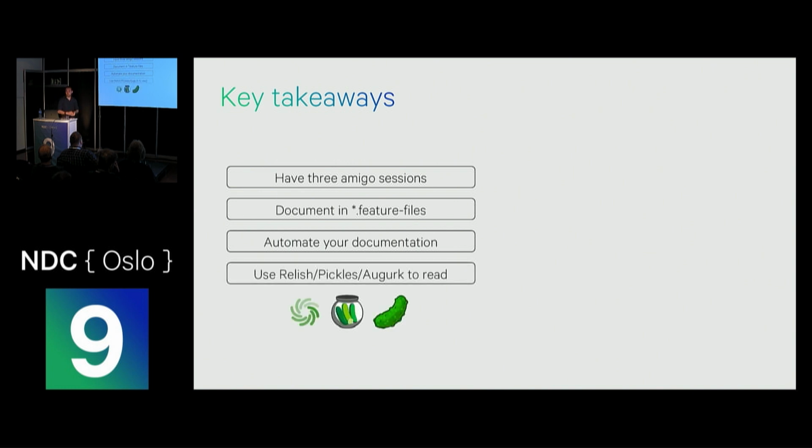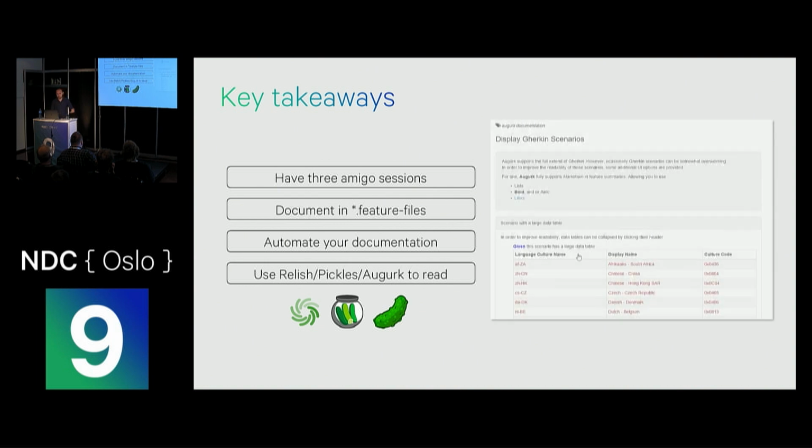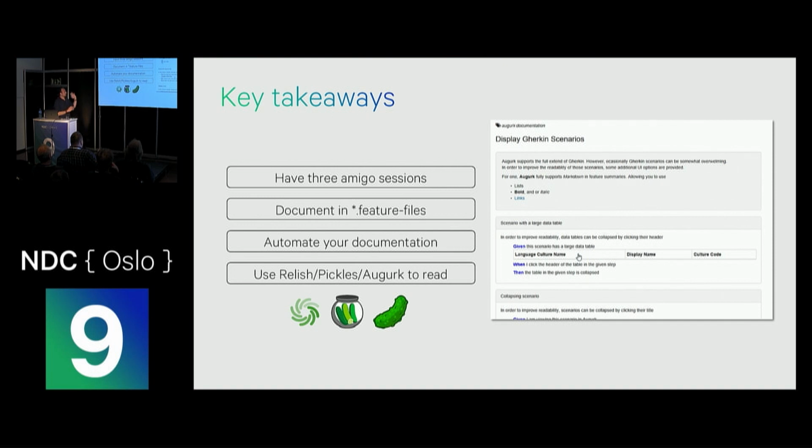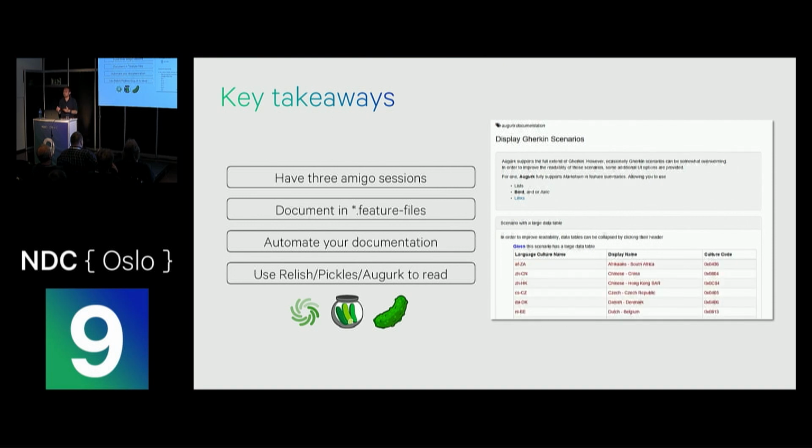And the last part, which I didn't actually fully talk about, is use Relish, Pickles, or Gherkin to read the documentation that you have. Even though the feature files are actually pretty readable, they're still plain text. And some people don't like plain text, especially the product owner: he can understand and read it, and he can just join the session, but he's probably not the one writing the feature file. Relish, Pickles, or Gherkin make it actually way more user-friendly to read the feature files.